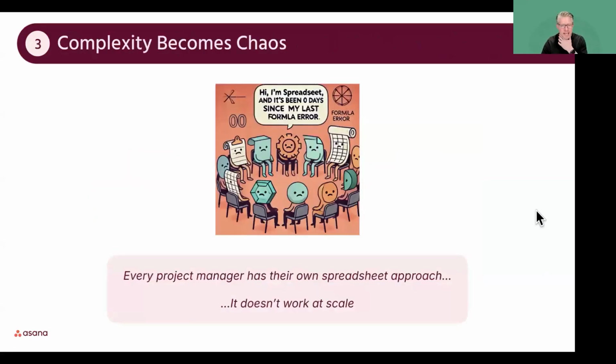Let's go to the next fail. Most projects and programs are complex enough on their own, but spreadsheets turn that complexity into chaos. Why? Because every project manager has their own preferred approach and templates, because they want what works for them. They like to optimize locally for how they work without fully understanding the implications to global efficiency across teams or org wide. So we're going to go back to the white paper project. We were actually producing a series of these white papers and supporting content as part of the engagement, not just one. So let's see how it played out.